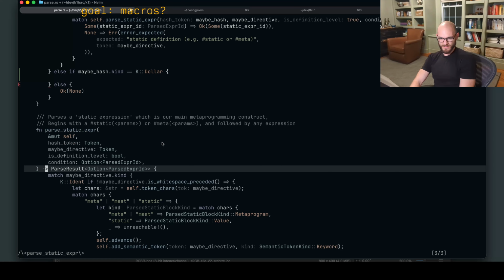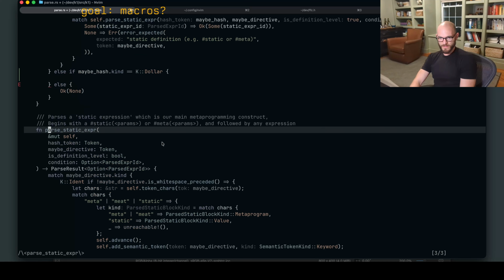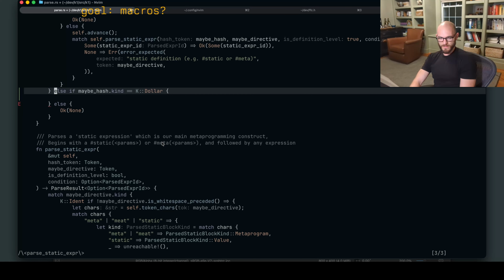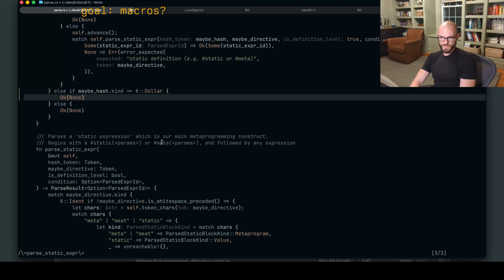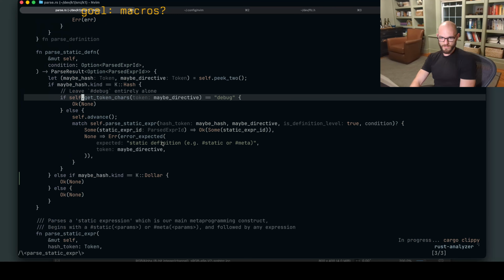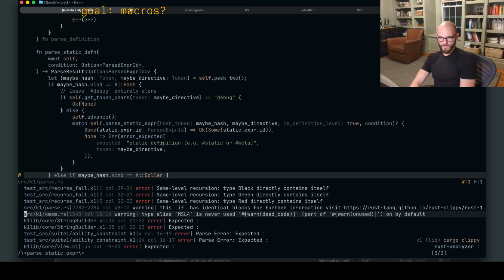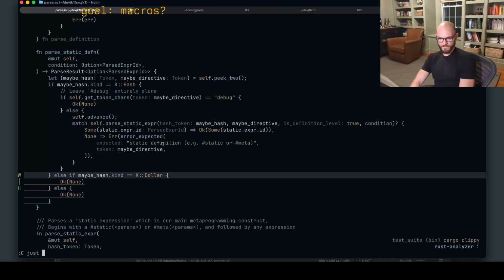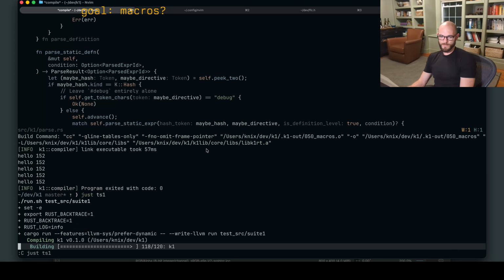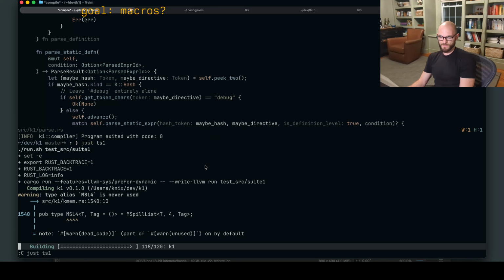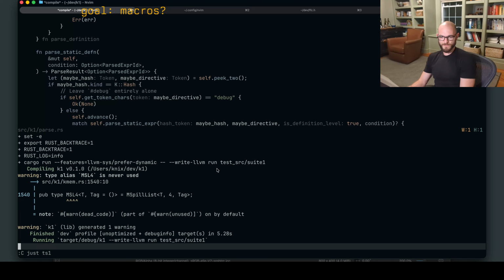Yeah, let's try something. Have we broken the compiler yet? And if we haven't, let's try and clean this function up.